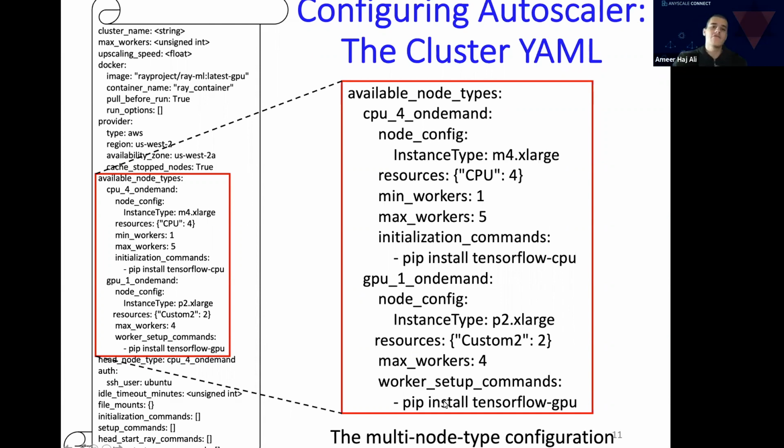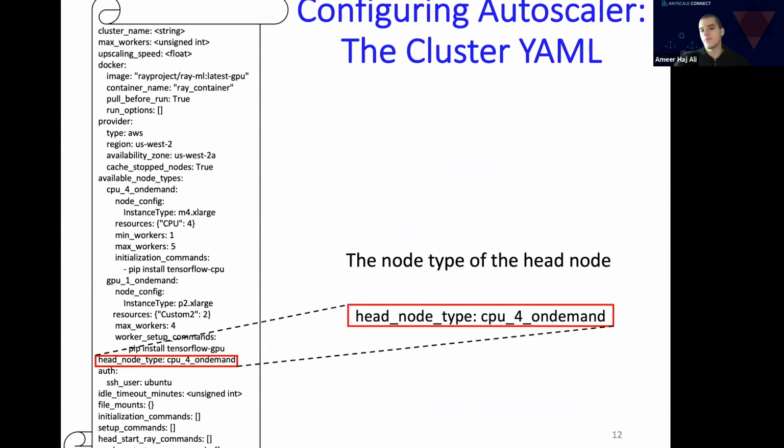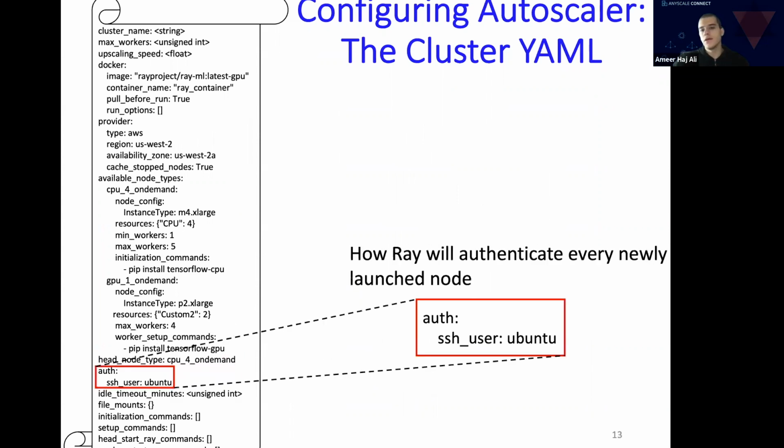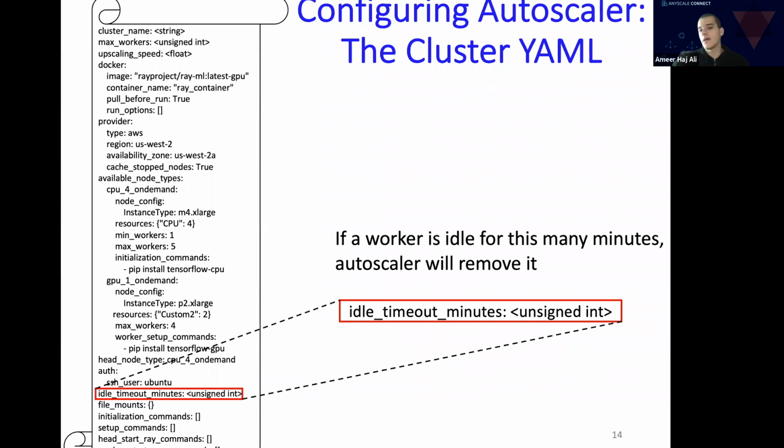This way, you can customize every type of workers and have custom commands, custom configurations, and you can also add custom resources like you see here for your cluster. And also it can detect GPUs of special types automatically for AWS. And then you have, of course, to specify the head node type. So when we start the head node, we know which of these node types to make the head node. The authentication with which Ray will authenticate every newly launched node. And then idle timeout in minutes, which is basically the time that Autoscaler takes to terminate an idle node. So basically, if the node was idle for idle timeout minutes, this is when Autoscaler will